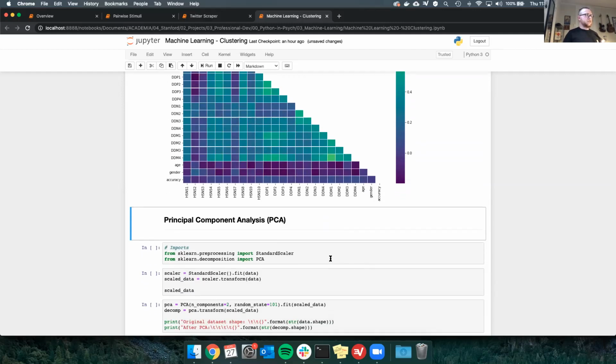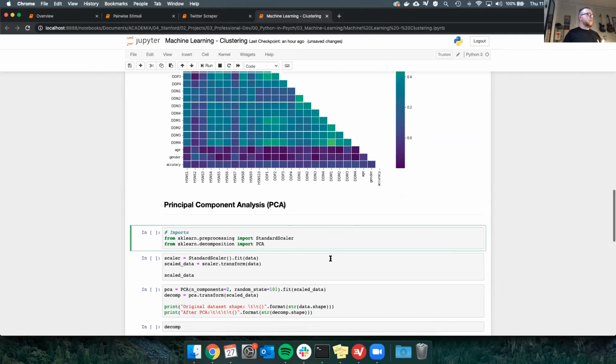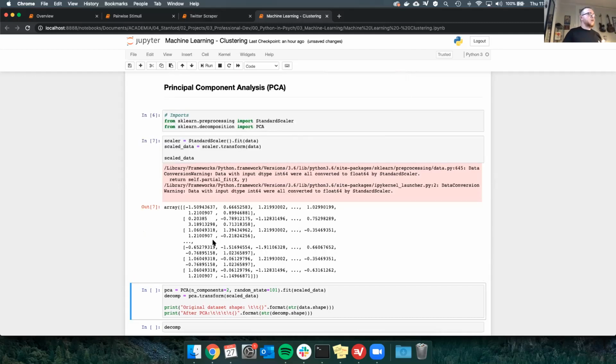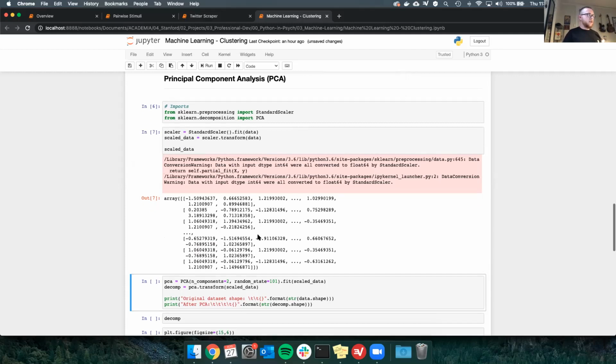So let's talk about the PCA itself. The first step is just going to be scaling the data, and really all that means is performing a Z transformation on each variable. So we're going to account for the within feature variance. And when I say feature and variable, they literally mean the same thing. So just looking here, we can interpret these as Z-scores. So this is negative 1.5 standard deviations from the mean. This is 0.66, et cetera.